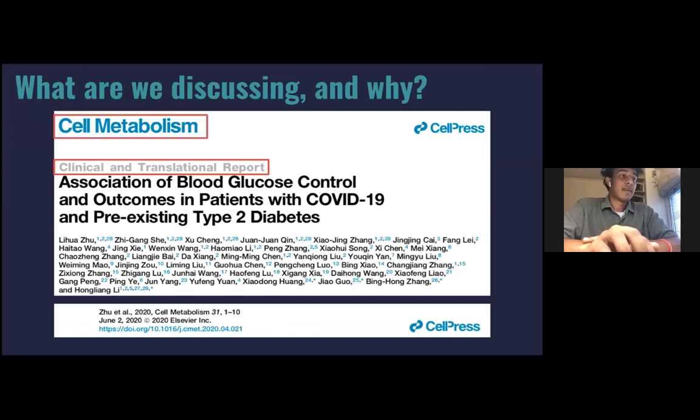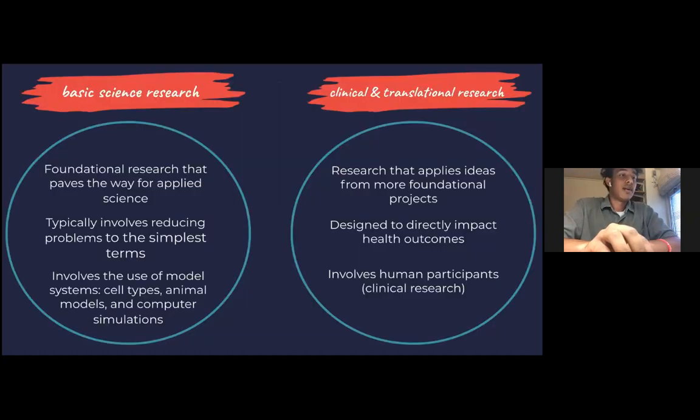And lastly, this paper is published in a journal called Cell Metabolism, and that means that this paper is fully peer-reviewed. That just means that it has gone through a process where other scientists in the field have gone over this paper and have decided that it is rigorous enough to be published as a scientific article. Okay, so now I want to go more into what clinical and translational research is